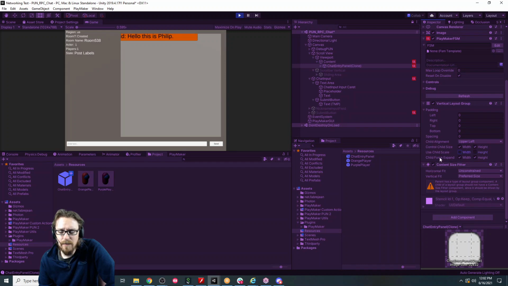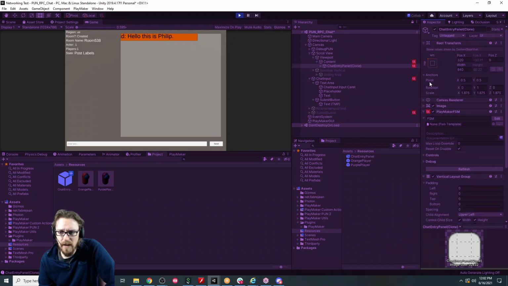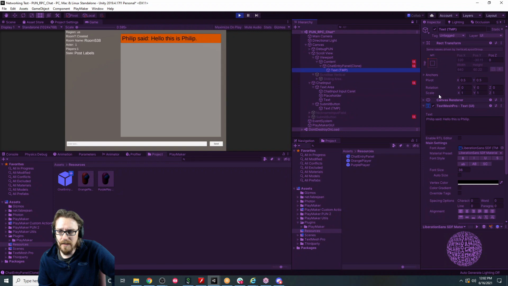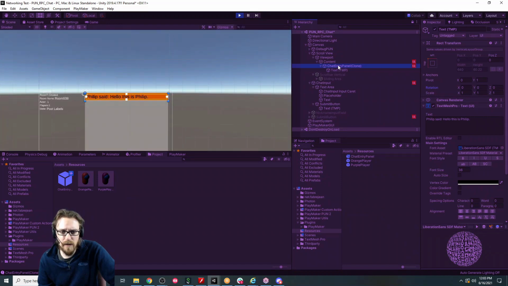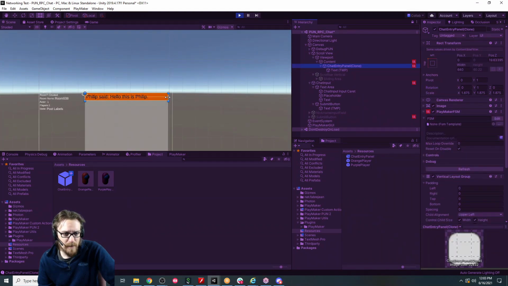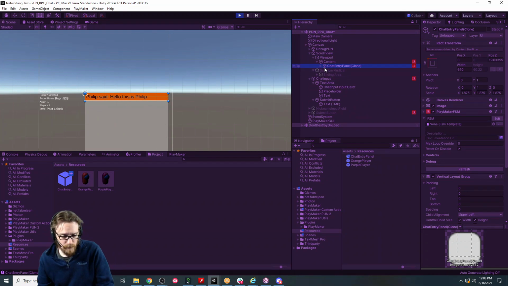Yeah. So one thing I had to do was change my pivot points to 0, 1. And so that means 0 on the X, 1 on the Y. So that means this top left corner is the pivot point. And I think I did the same thing on the text. Didn't I? 0, 1. It doesn't make any difference. And in my scene view, if I go back to my panel, width is now good. Okay, it's staying at 640. Everything looks good. If I duplicate it though,